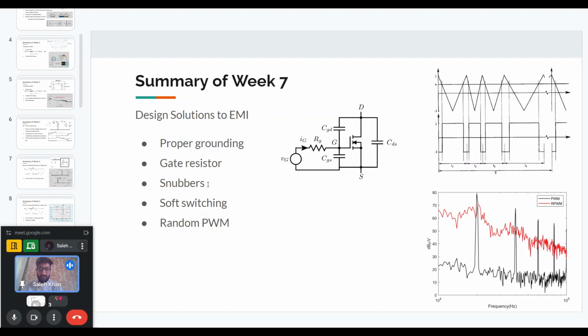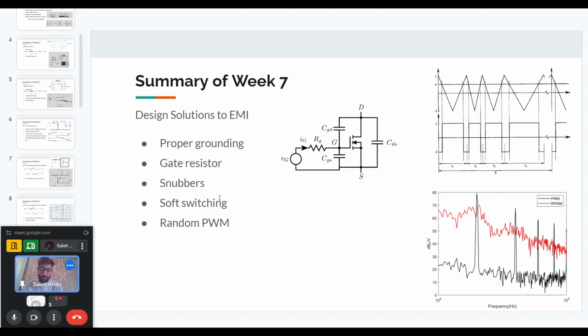Next, we also have seen how snubbers can be used to limit dV/dt to a particular value. So that can also help in reducing EMI. Next, soft switching is something that is done. We'll see it in one of the problems. Basically,